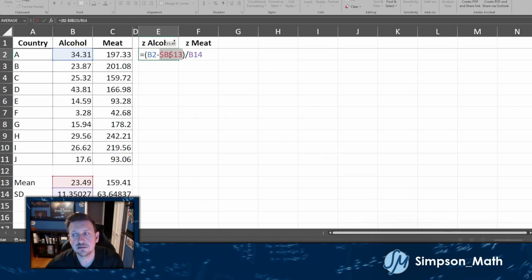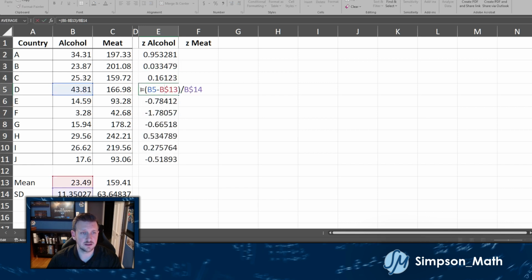Actually, in a second, I will be filling across. So actually, I want the row to not change. Sorry, I want the row to not change. I want it to not go down. So I'm just going to keep the $ sign on that 13. And then I'm going to arrow over to the 14, and maybe your F4 button isn't working, so you can just type in Shift-4, a $ sign, right before the number you want to freeze. So now when I fill down,